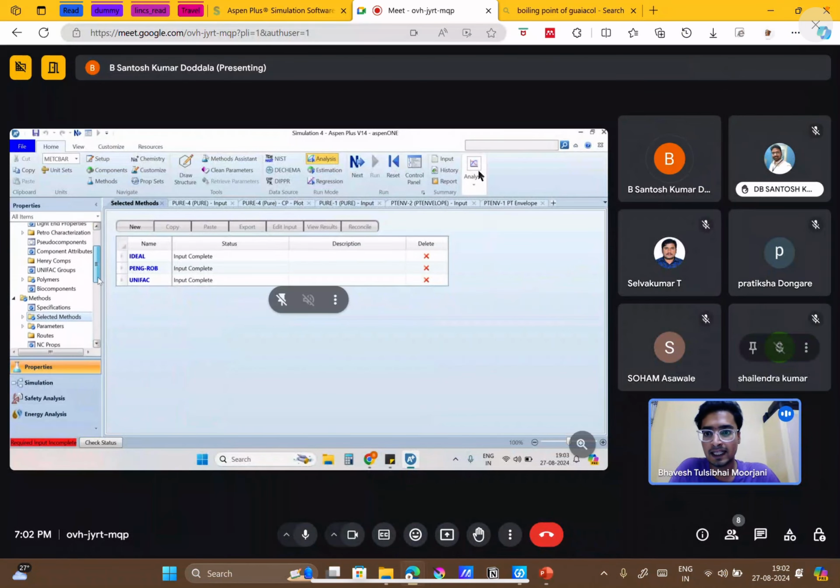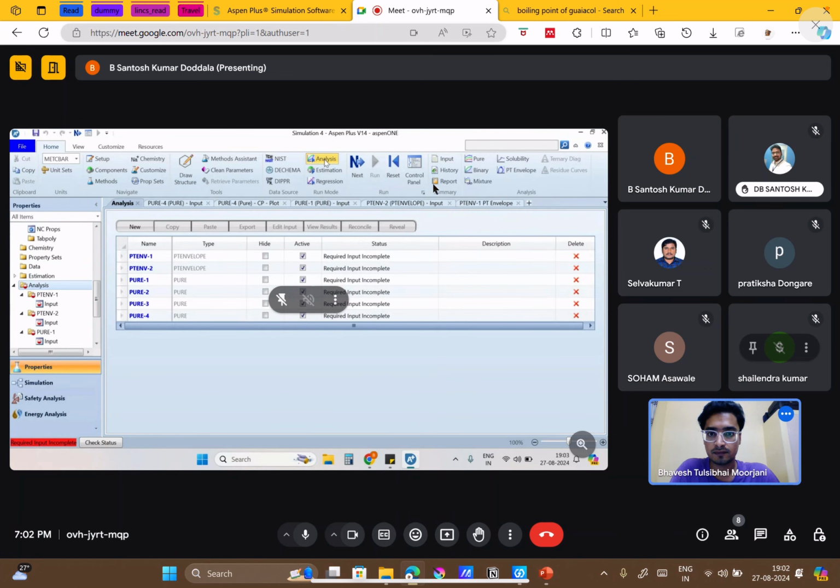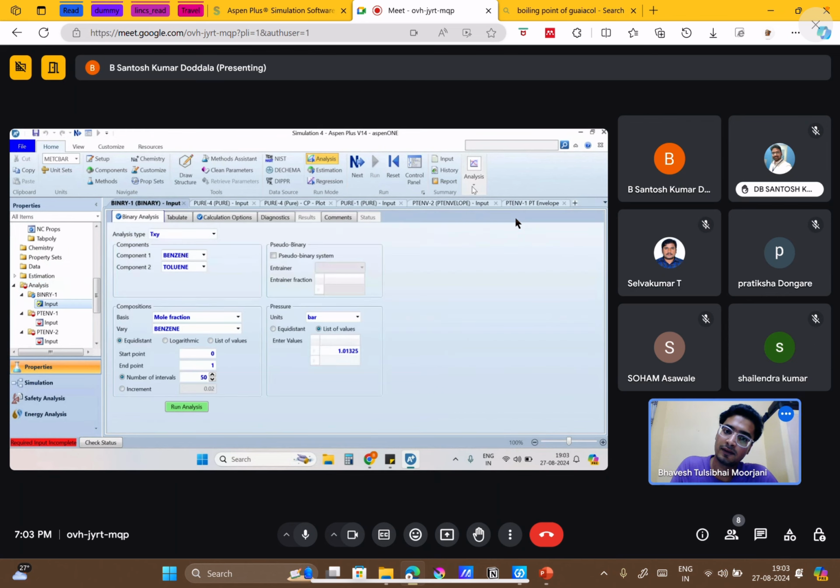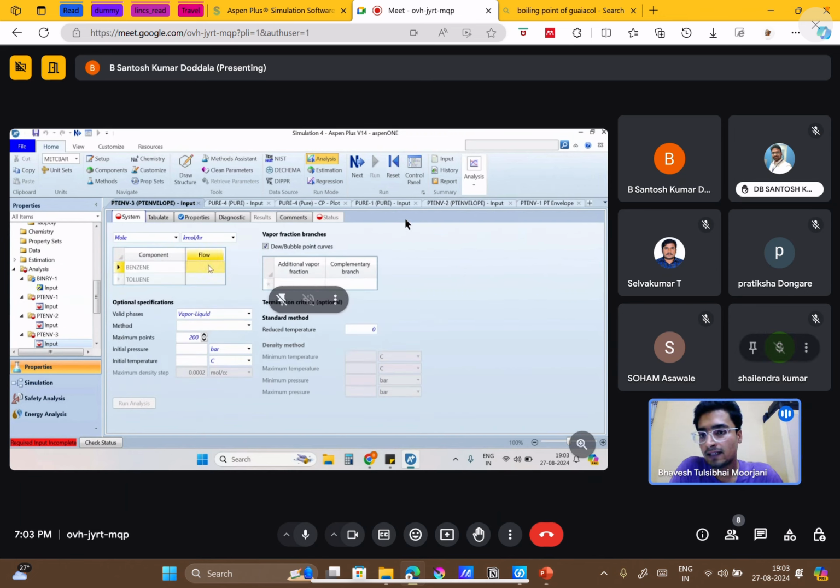So go to the analysis on the top right part. No, the last one, and go to PT envelope. Now here we have been given 4 different compositions of benzene and toluene as 1:1, 1:2, 1:3 and 1:4.